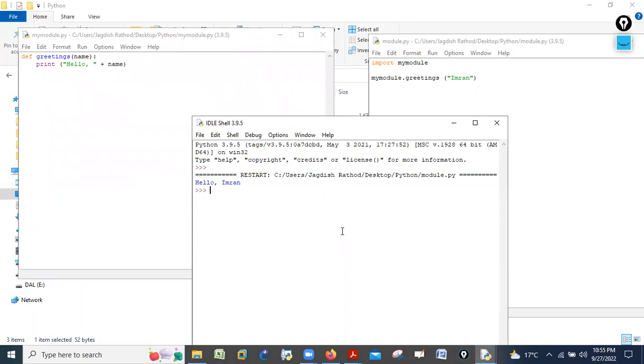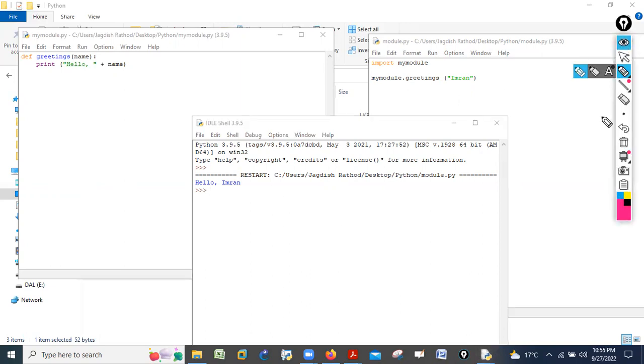What we did here, we imported the module named my module and called the greetings function. So technically I did nothing here. Whatever we discussed in our previous session, I combined these things together and I'm printing for you.